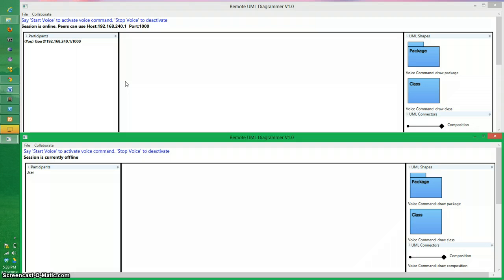So it's now connecting with the host, and as you see, the participants tab of both the clients have been updated, showing them the users as well as the status text that both the clients are online in the same session. Now let's go ahead and draw something on the canvas. So whatever anyone draws on the canvas will reflect on the other client's canvas as well. So I'm going to go ahead and draw a class here. So as you can see, the same diagram appears immediately on the host,